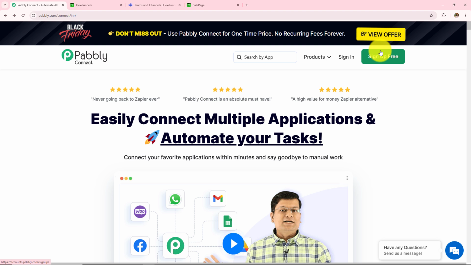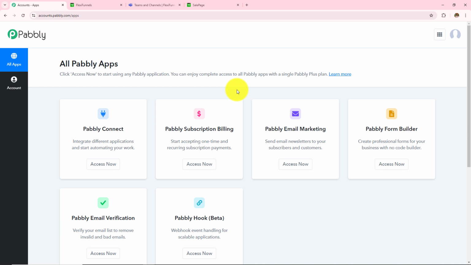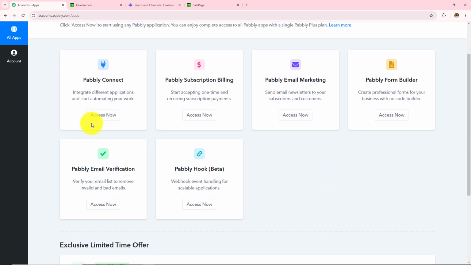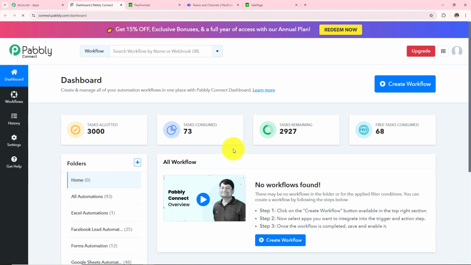If you are an existing user, click on this sign in, but if you are a new user, click on this sign up for free, and this will give you 100 tasks free on monthly basis. As I'm an existing user, I'll click on this sign in, and here a dashboard has appeared showing me all the Pabbly applications. Here I have to click on this Pabbly Connect Access Now. And it has taken me to this dashboard where I will be able to find all my workflows over here